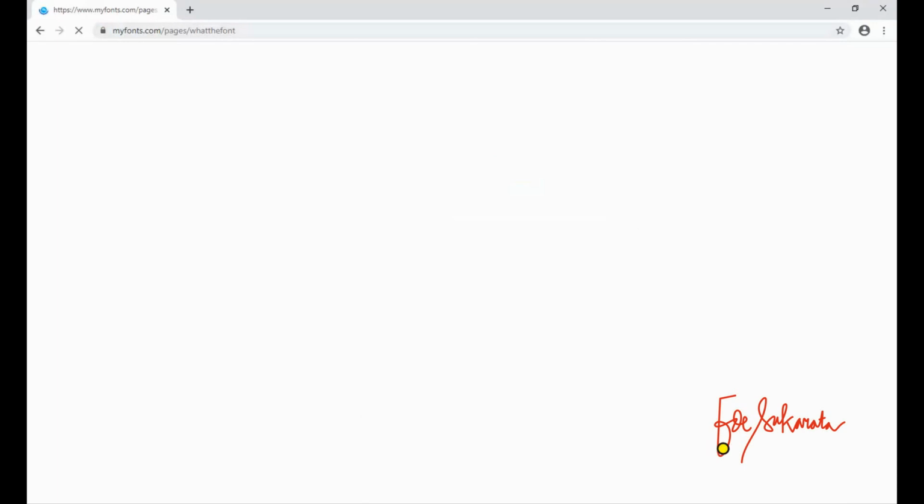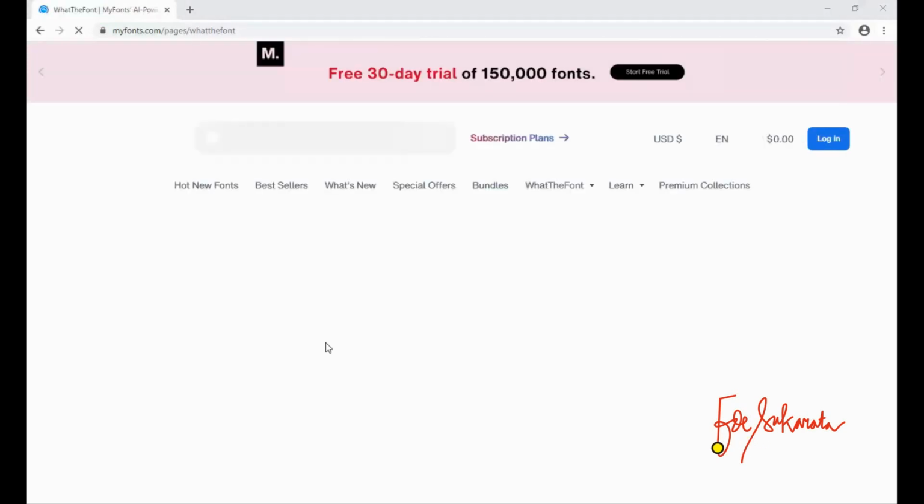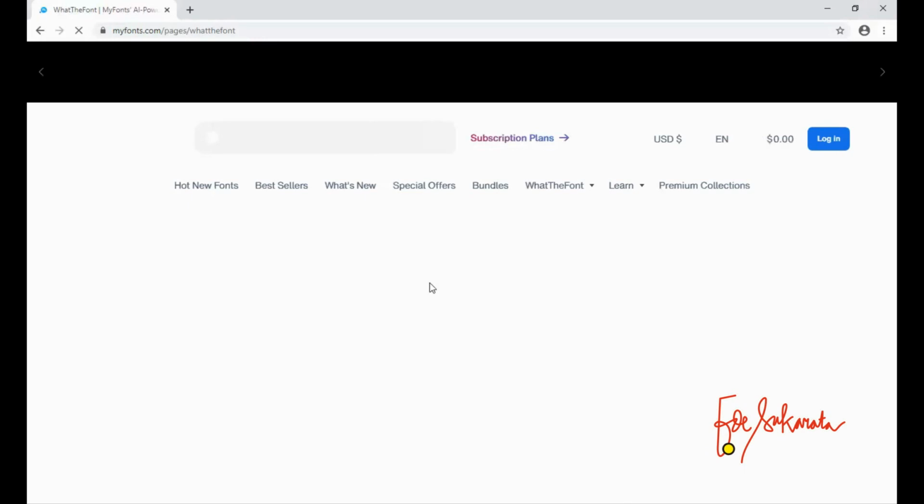Okay, this is the address: myfont.com, sub page what the font.